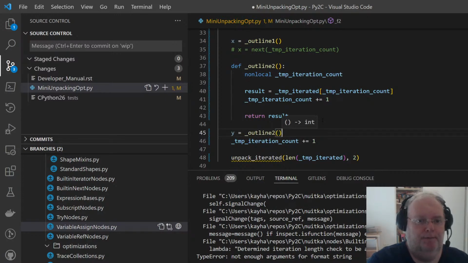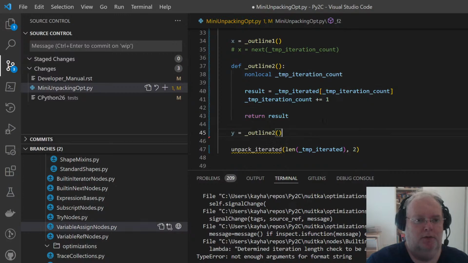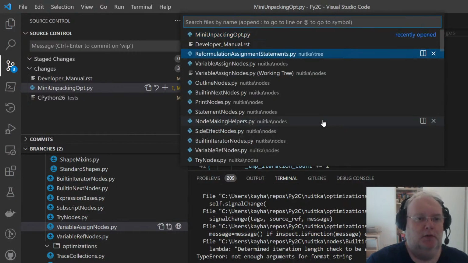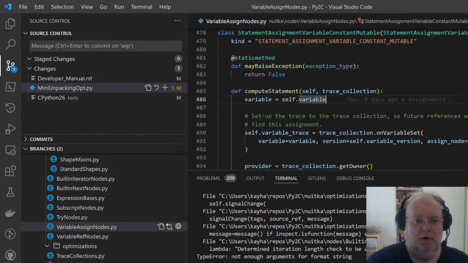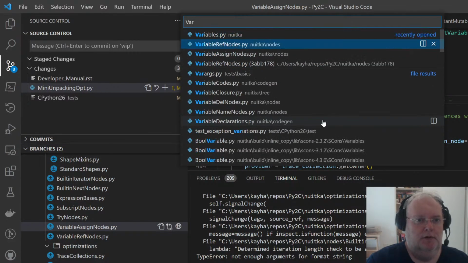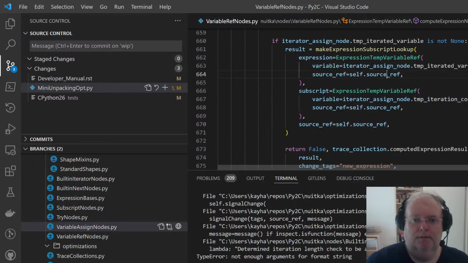Okay, and this is what we have to produce. And the place we're going to do that is in the next of a variable reference, the variable reference node. Here we are.